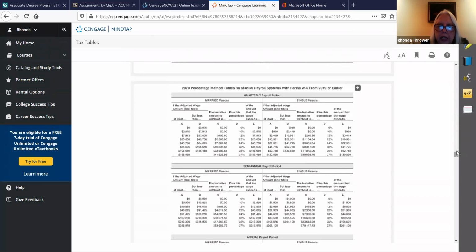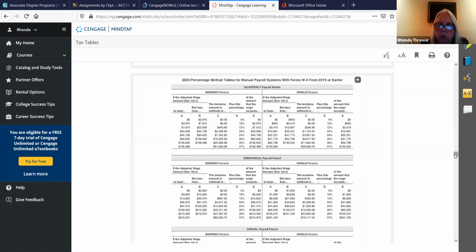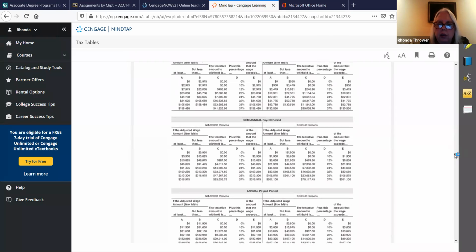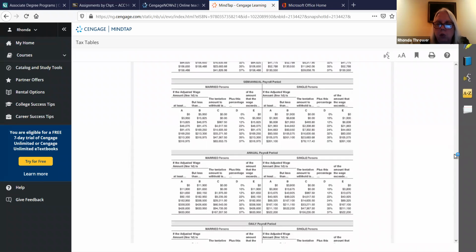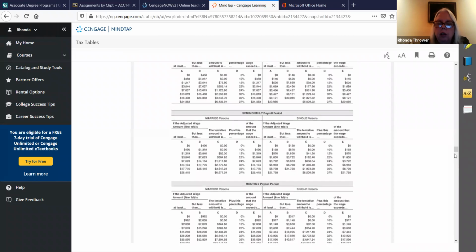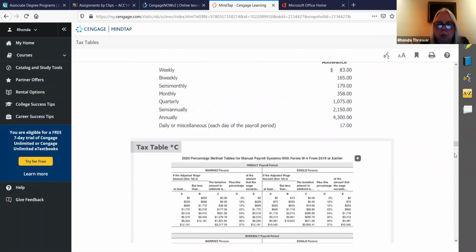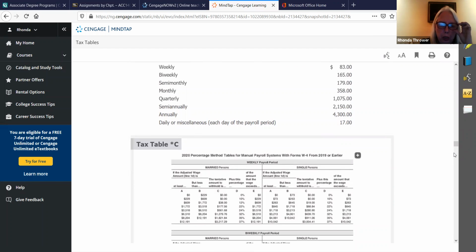It's got everything you need for each one of those individual employees that you're calculating the amount for. So the table is used just like what I just showed to you in the video when we were looking at tax table C for the weekly payroll period. So I'm going to stop here, and I'm going to let you calculate the rest of them because they're very similar to what I just done